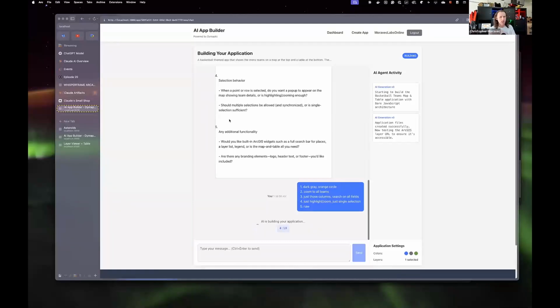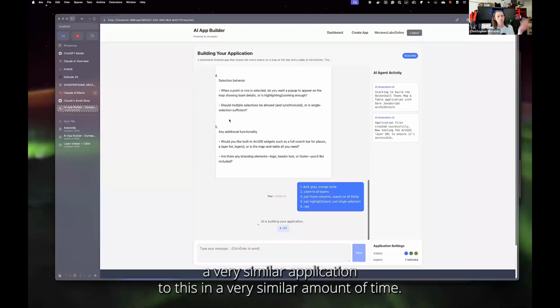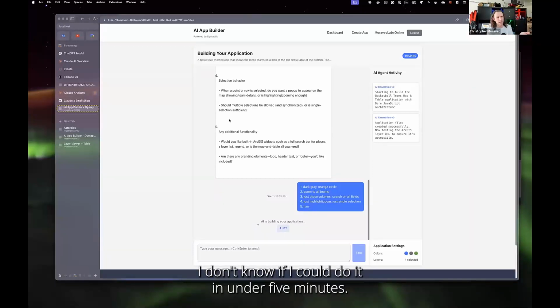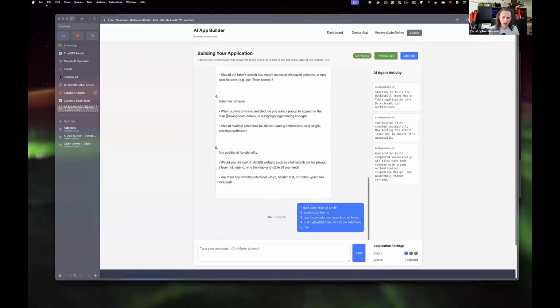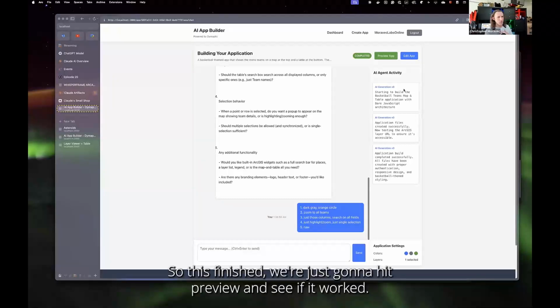So it might be possible for me to build a very similar application in a similar amount of time. I don't know if I could do it in under 5 minutes, configuring a map and an application, and then sharing that with my team that way. But this gives me a little bit more flexibility in that I can go beyond what those applications can do for me. Okay, so this finished.